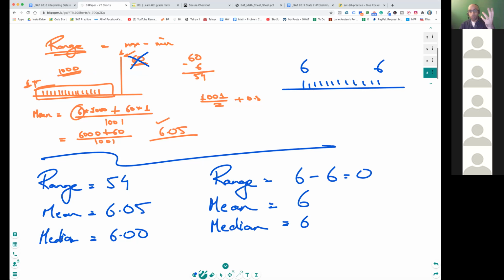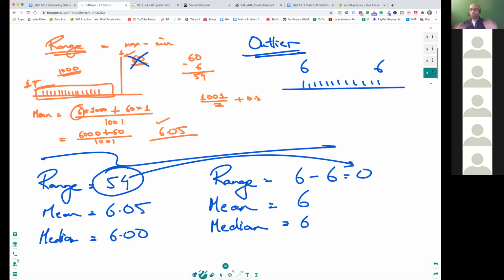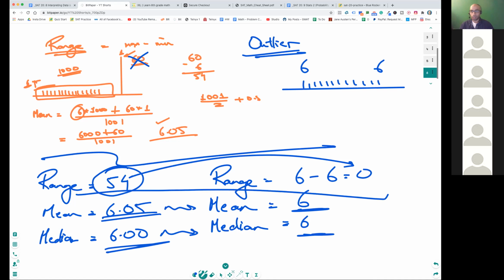Okay, so now what have we learned from this is that the range has gone from 54 to 0, right? The range is the biggest change. It usually has the biggest change. If there's an outlier like the teacher, then if you remove the teacher, the range is the one that's going to be having the biggest change. Okay, it went from 54 to 0, right? The mean might change a little bit. It's always going to go down, and the median might remain the same. It might not. It depends on the students. Okay, so you don't know which of these is going to be, but the clear most important thing,